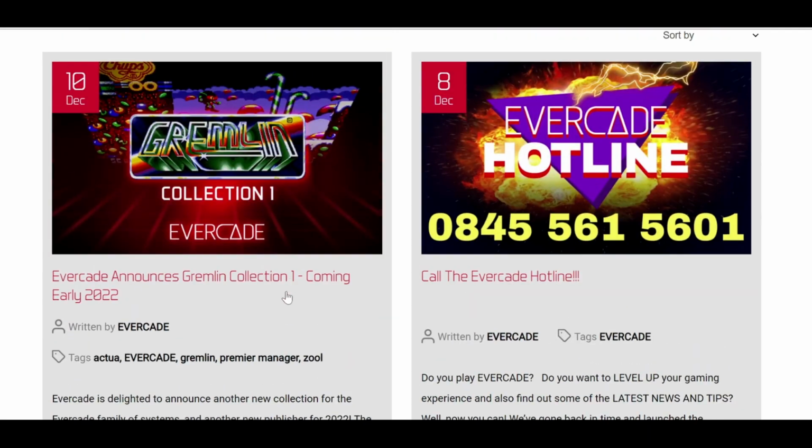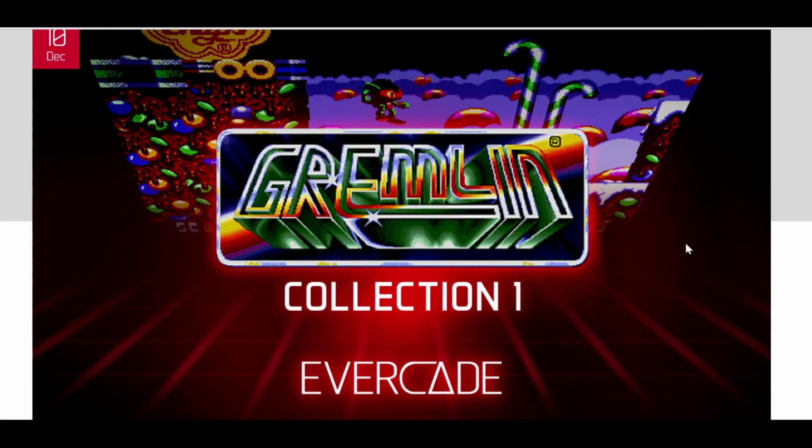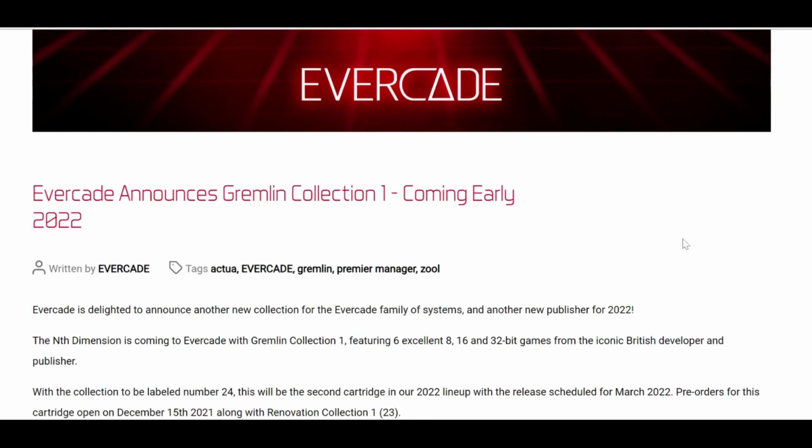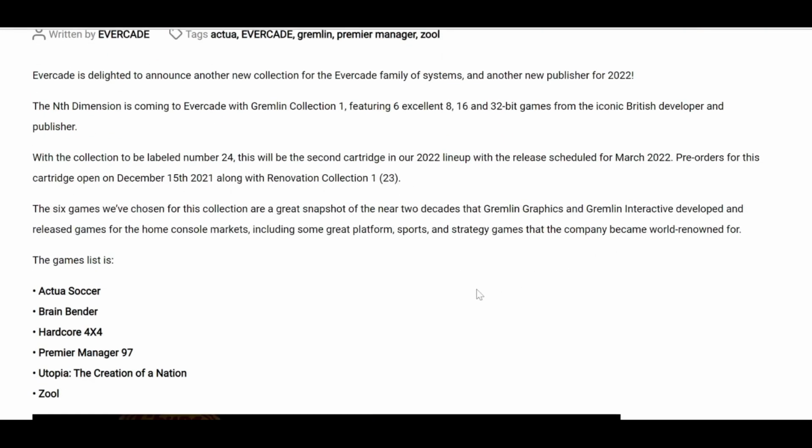So today they announced the Gremlin Collection 1, which, if you don't know, they were a well-known UK company that generally made a lot of Amiga games, ST games, but they made games for everybody. Zool pretty much appeared on every format you could think of. So there was Gremlin Graphics and Gremlin Interactive, and I guess they must have merged, but they don't actually exist. They were bought over by a company, I'm not sure who it was, but these are the 6 games that